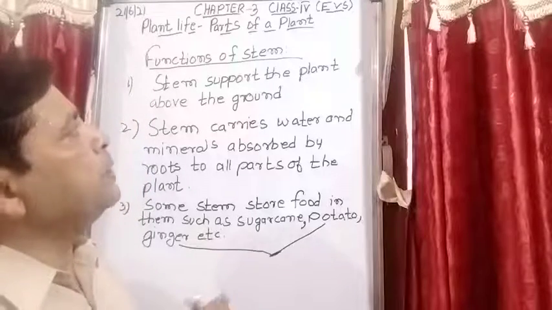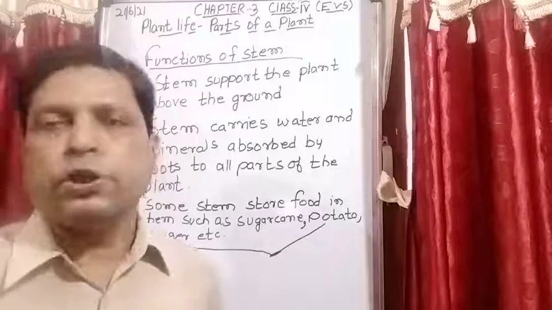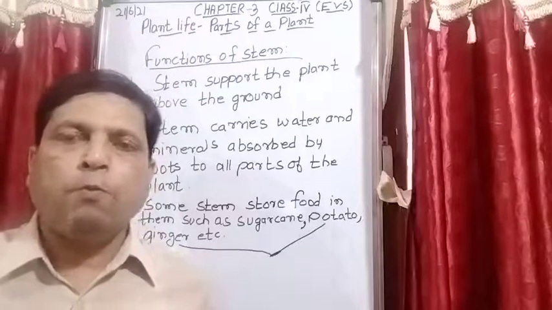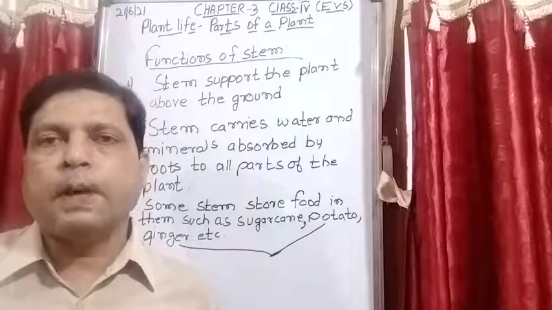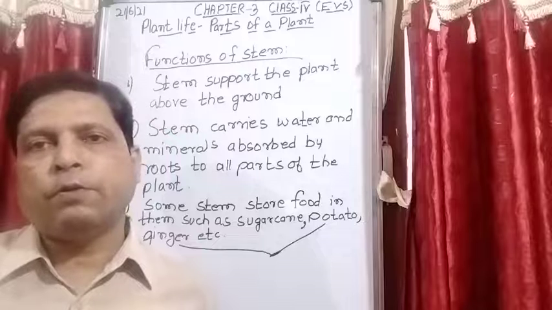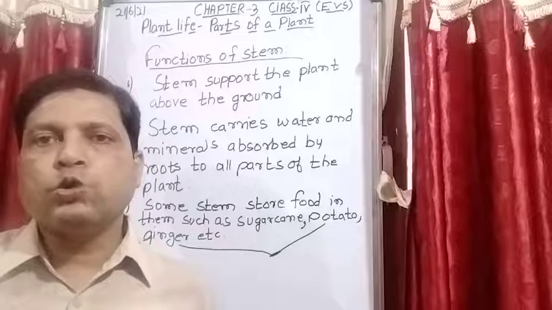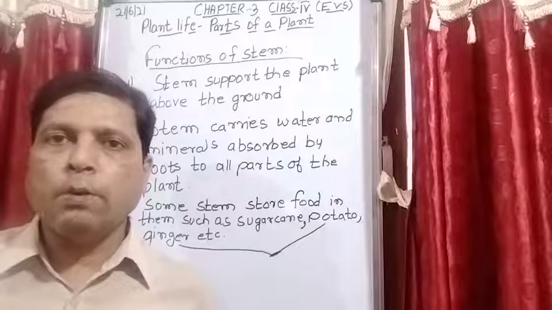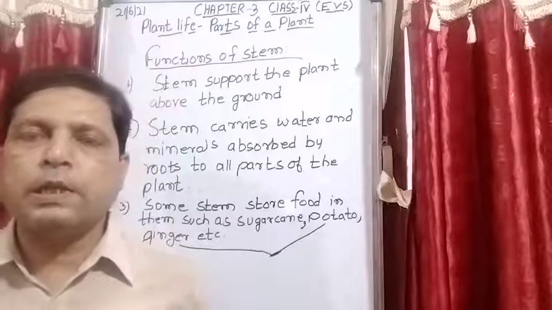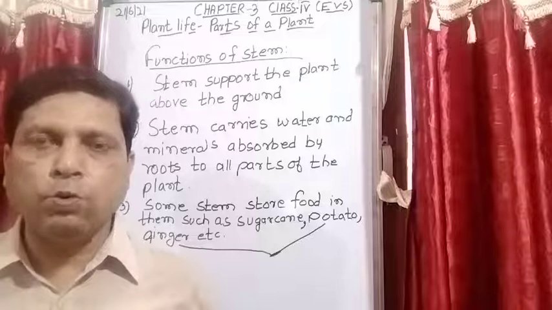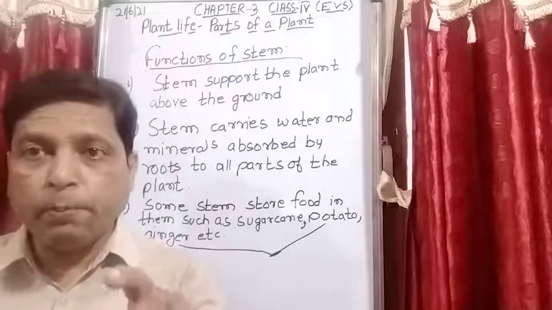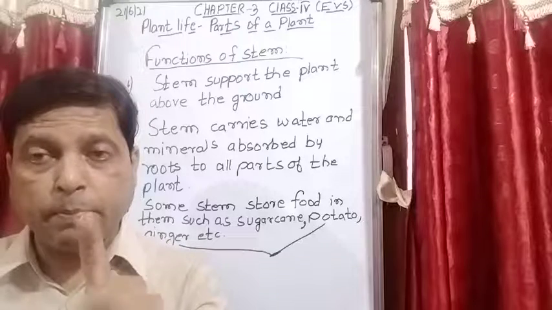So this is a complete explanation. What is a stem? The part of the plant which is above the ground. What does the stem bear? That is branches, leaf, flower, fruit, bud. And what are the functions of the stem? That is to support the plant above the ground, because all the things, that is branches, leaves, buds, flower, fruit, are connected to the stem. And it carries water and minerals absorbed by roots, not by stem, absorbed by